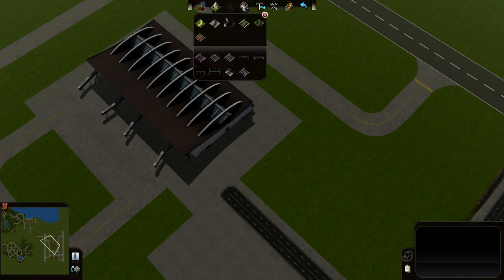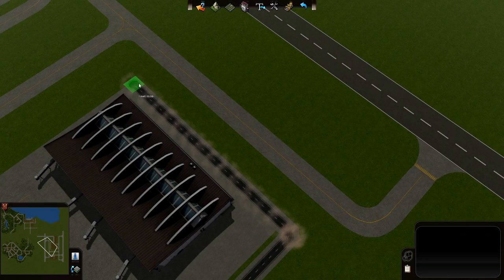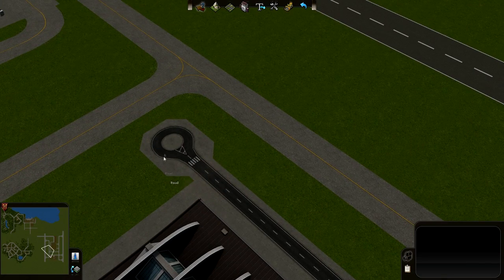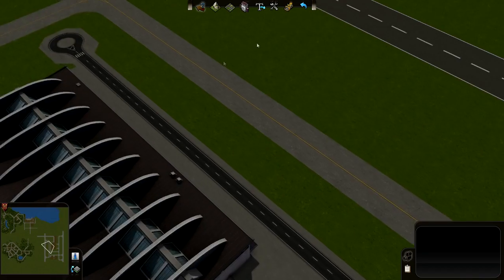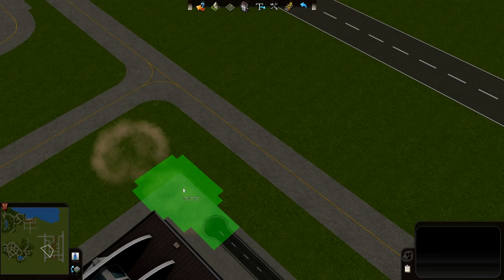And I think I'll probably add a road here where you can have, let's see if I can fork it off. Actually, let's do it the other way, like so. A little bigger roundabout, that looks a bit nicer. So what I want to do is